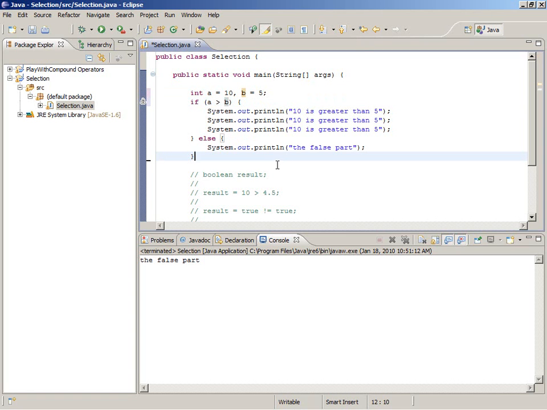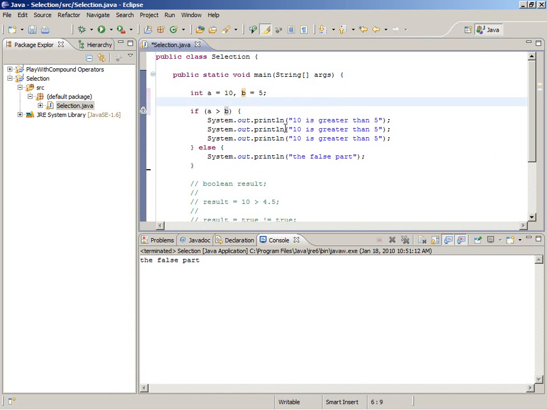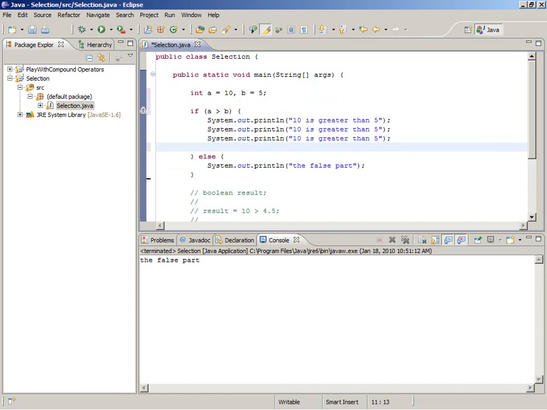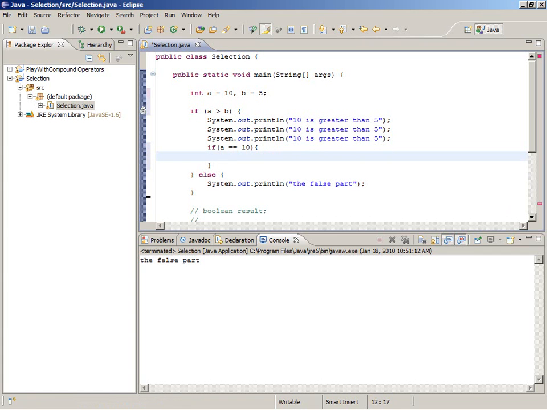So now we have something that Eclipse doesn't complain about, and this is more realistic if you want to compare how two variables are related to each other using the relational operators. Okay, so what can you put inside of an if statement? You can put anything you want in there, any executable statements, including another if statement. So if a is equal to 10, then